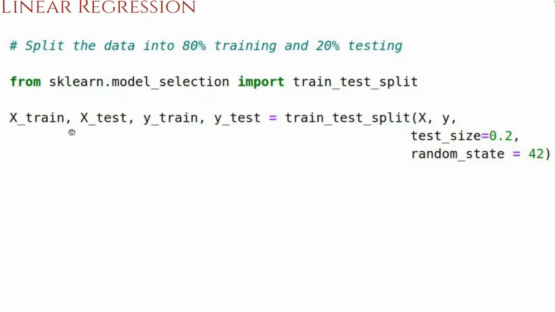We just catch those 4 variables. We can name them appropriately: x_train, x_test, which is the splitting of x, and y_train, y_test, which is the splitting of y. We now end up with 4 matrices, which is the split-up version.